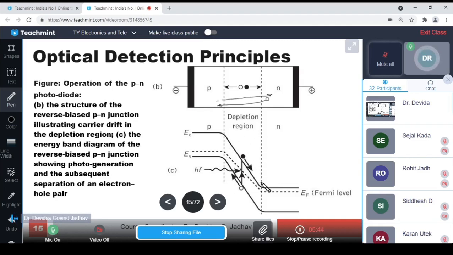So along with the leakage current, whenever a photon is incident on the depletion region, that photon creates a photo generated electron hole pair, and as soon as that pair is generated, the electron and the hole undergo very high electrical field influence because they are generated in the depletion region. The depletion region is a high resistive region and it has a very high electrical field. So they acquire very high velocity and they are collected with that high velocity by the positive and negative terminals of the battery, and they contribute the current which is called photocurrent. Photocurrent is in addition to the leakage current, which is shown with respect to the energy band diagram.